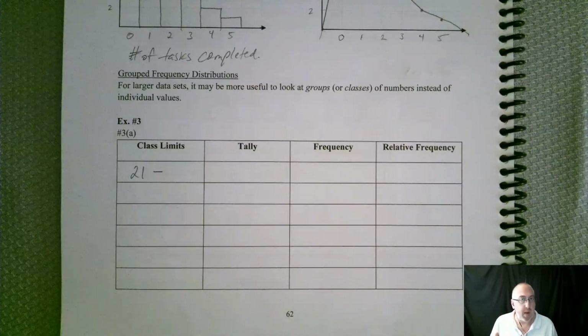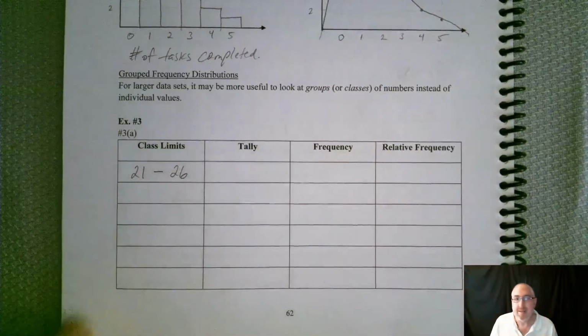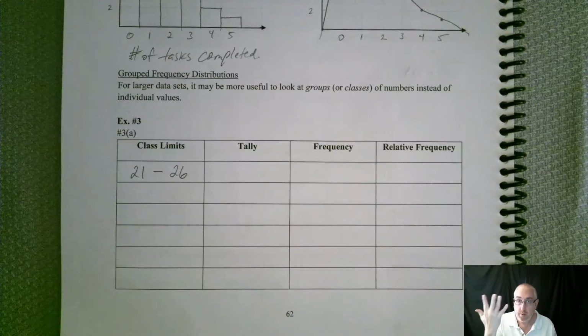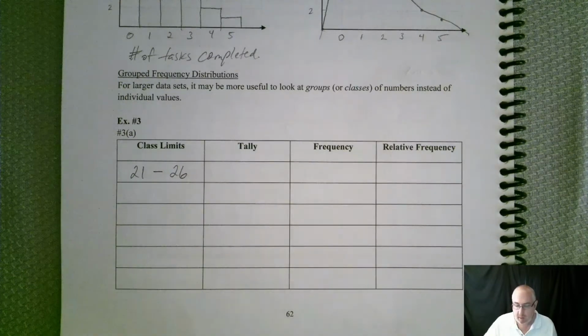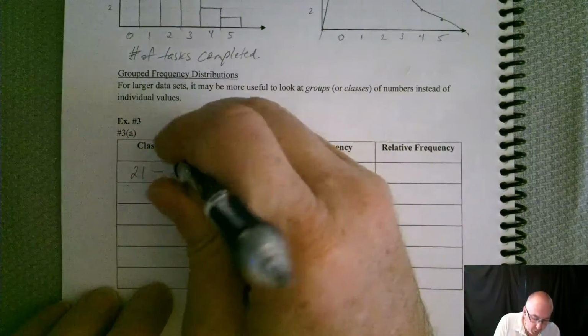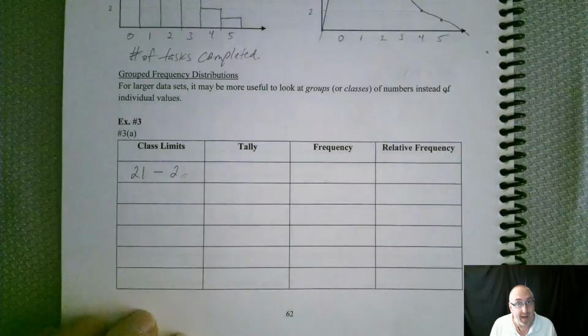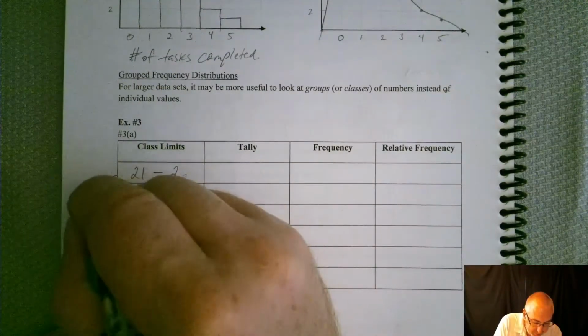Now, your gut is probably saying, well, if I'm starting at 21, then I have to end at 26, right? Well, let's count. 21, 22, 23, 24, 25, and 26. That's not 5 big, that's 6 big. So it's very deceiving on how you should set these up. So we don't want to just add 5 across, but where we do want to add 5 is vertically. If we added 5 vertically,